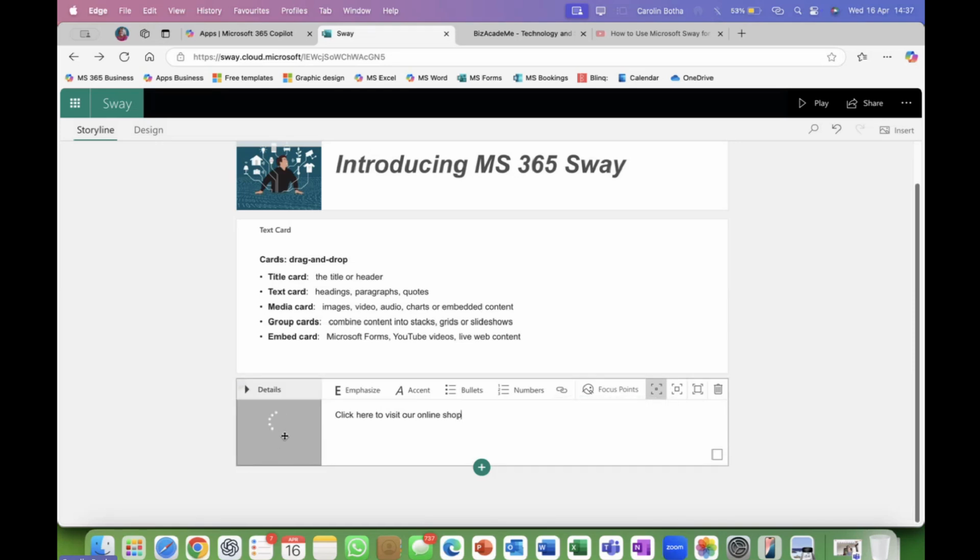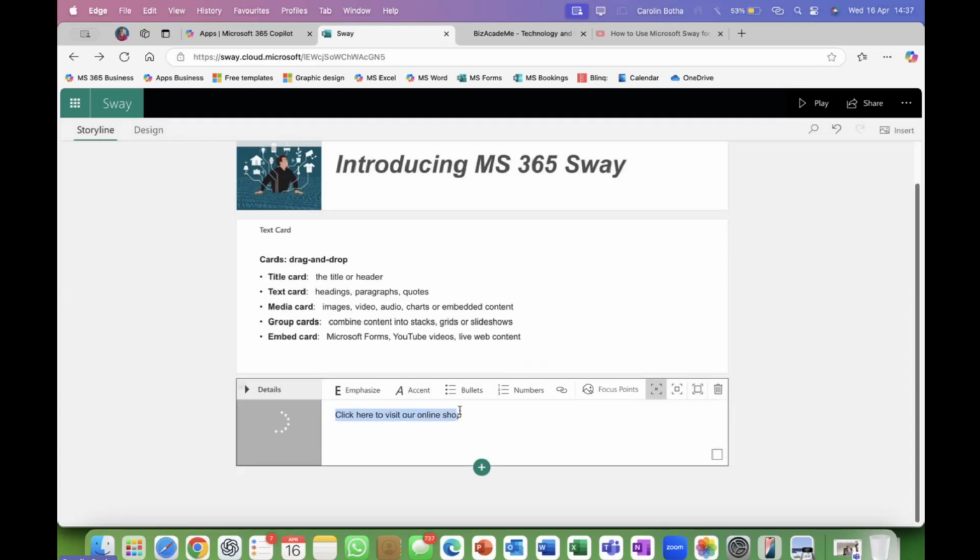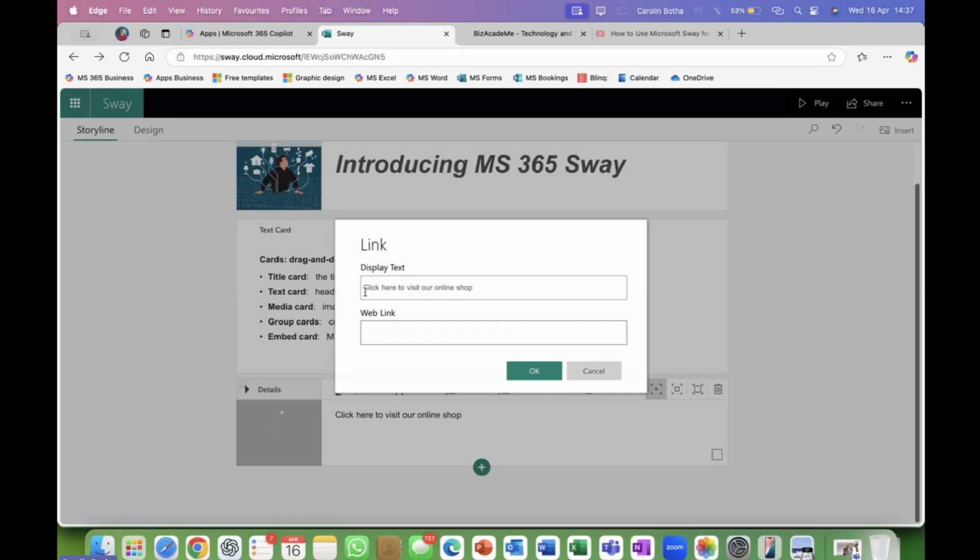Not sure. Maybe it's too big. I will reconsider there. Okay, but let's go for the link. So the display text, if I don't choose a certain text, which I have to do, I have to choose this first. There you go. And then the display text is that automatically. You can change it, but I would like it to be like that.